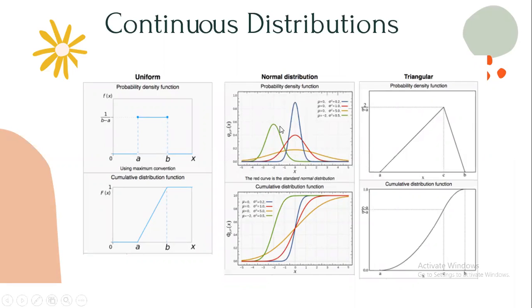What I did want to tell you is that for the sake of this class, I am going to keep it simple, and I'm just talking about normal distributions. And normal distributions are the most common in supply chain management. However, there are other kinds of continuous distributions. One of them is uniform, where everything is kind of the same. There's also a triangular